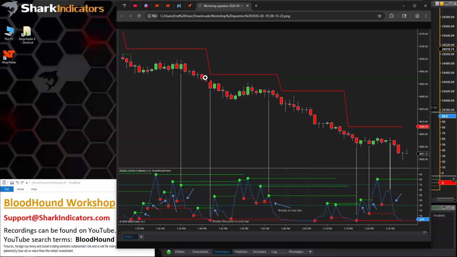Here we can see we have a down bar and then an up bar, and this up bar caused the RSI to cross that previous swing high of the RSI. Again, arrow. And we can see there's a bunch of arrows in here. If we look at price, we have an up bar, down bar, up bar, down bar, up bar, up bar, down bar, up bar, a bunch of consolidation, flip-flopping back and forth. And here we can see the RSI is doing the same thing. It's only a 2-period RSI.